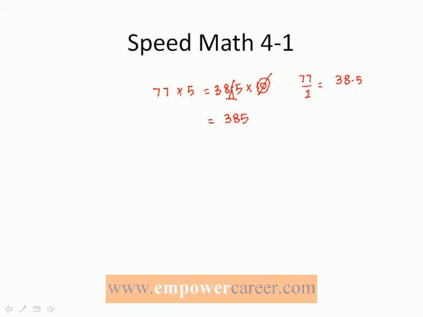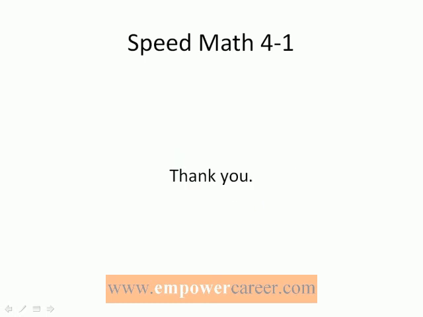So if I had, for example, 143 times 5, I know 140 when halved gives me 70. 3 when halved gives me 1.5. So it's 70 plus 1.5, 71.5 times 10. And as I said earlier, this 10 will simply take away the decimal and you will be left with the correct answer with all the remaining digits as they are. So it's 715.